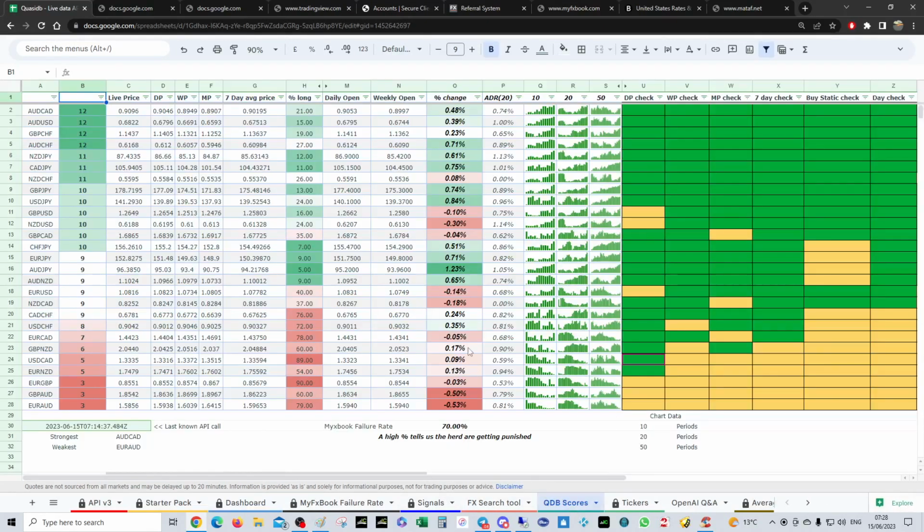It's all completely risk mitigated. I'm not trading large sizes, like 2% risk to account. It's fine, but in hindsight, it's a good idea to check the sheet before you open any trades. So what we're looking for today, we're looking for a bit of Aussie strength, bit of yen weakness, maybe